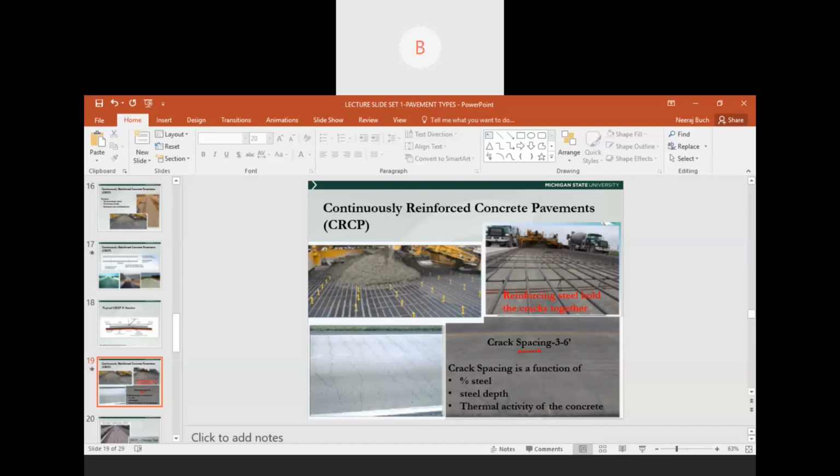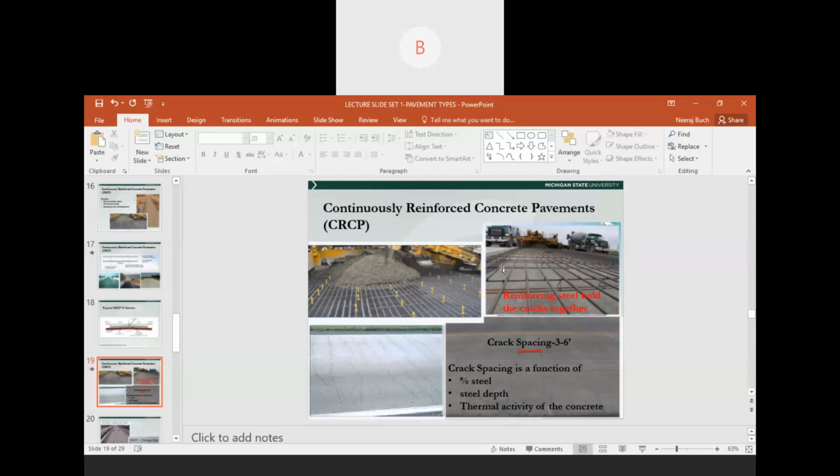Generally speaking, the crack spacing that you see here is 1 to 2 meters. And the crack spacing is a function of the percentage of steel. The higher the steel, the closer the crack spacing is going to be, because there is more restraint. The depth of the steel and the coefficient of thermal expansion of the concrete. These three